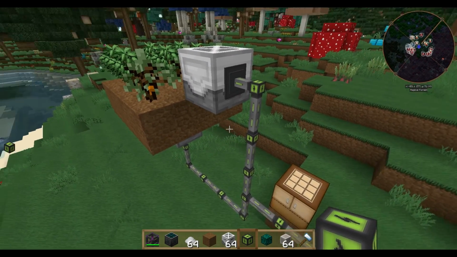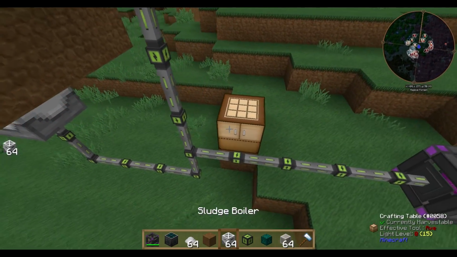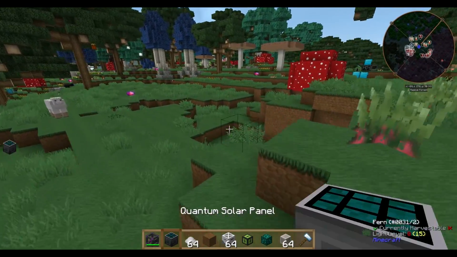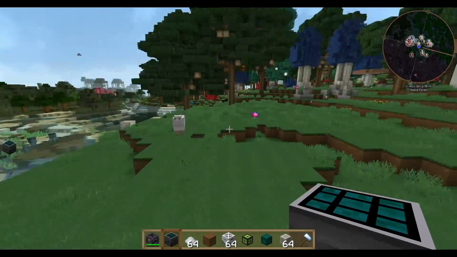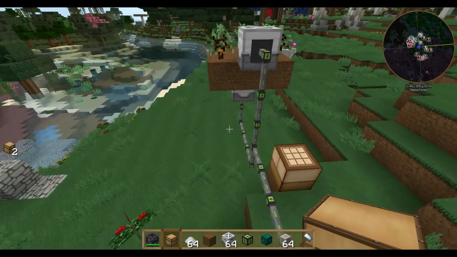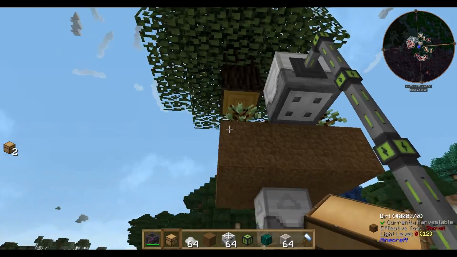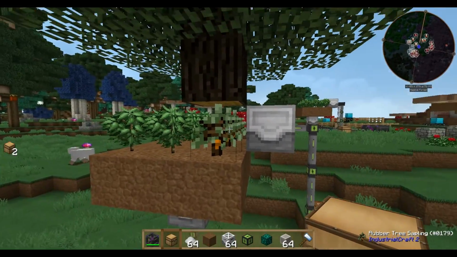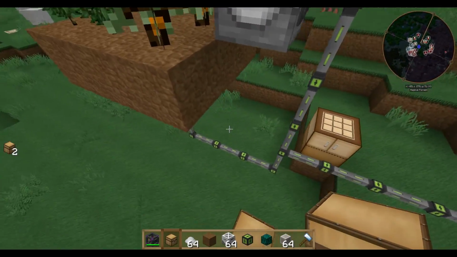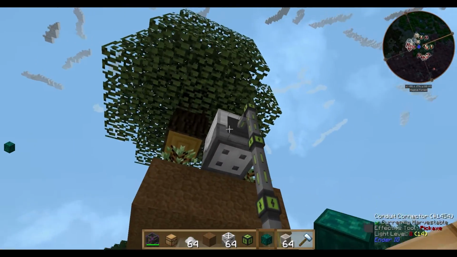Okay, so now we need a place of storage. So we are going to need a chest. Yeah, I'm getting a chest. Because now this should be fully automated. This means that saplings should refill the planter. As you can see, the harvester now harvested the first block of the tree, and you have